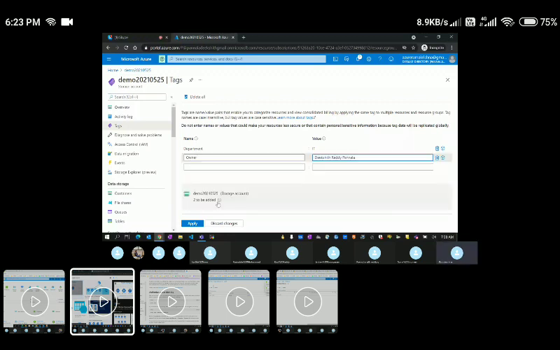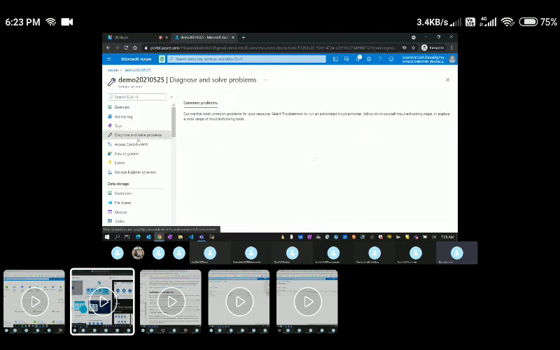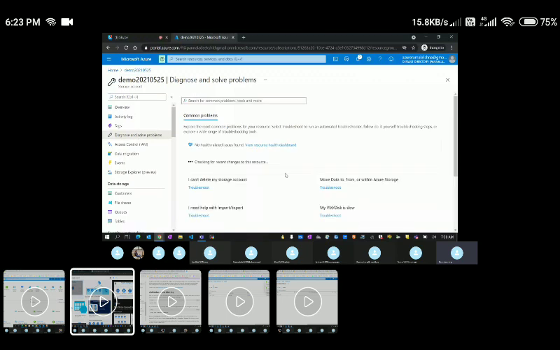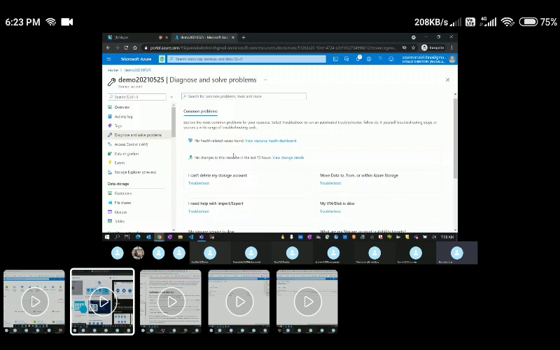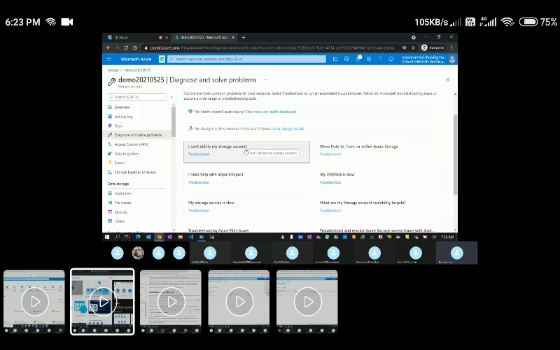And coming to diagnose and solve problems, this feature will be available for each and every resource. If you want to go through certain issues and problems, you can go through this tab. Let's say here, I cannot delete my storage account. After creating a storage account, if you're not able to perform the deletion, you can go through the troubleshooting option. You may not be able to delete it because there is a dependency from another resource on this storage account, and that could be one of the reasons. And moving the data within a storage account, you can see some of the